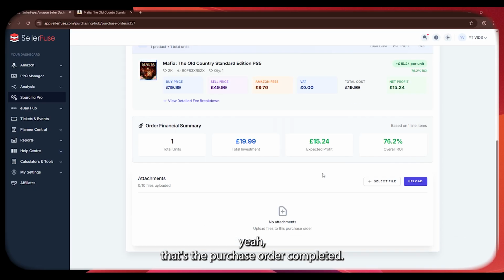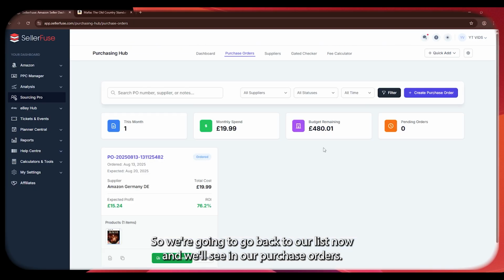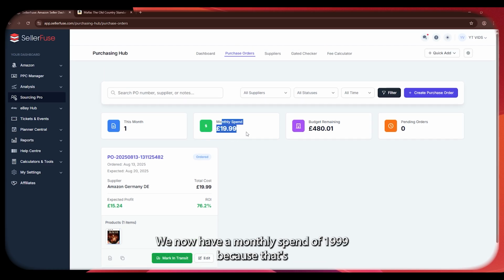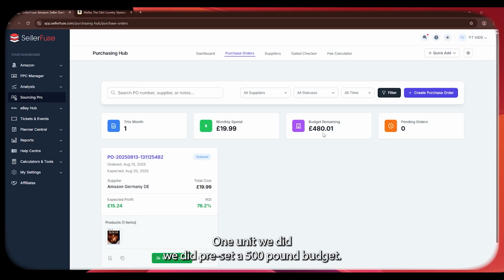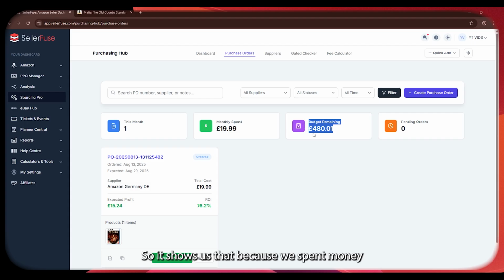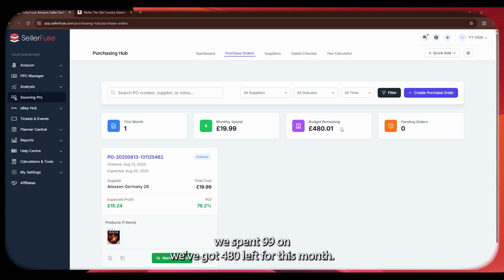And yeah, that's the purchase order completed. So we're going to go back to our list now, and we'll see in our purchase orders we now have a monthly spend of $19.99, because that's all we've spent on this unit so far, 1 unit. We did preset a £500 budget, so it shows us that because we spent $19.99, we've got $480 left for